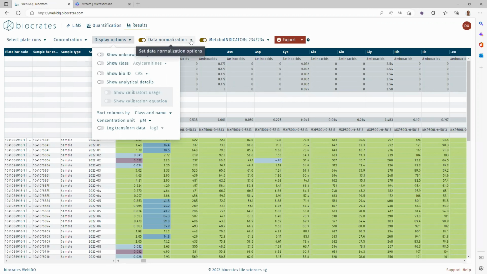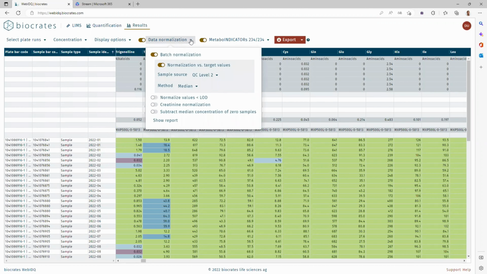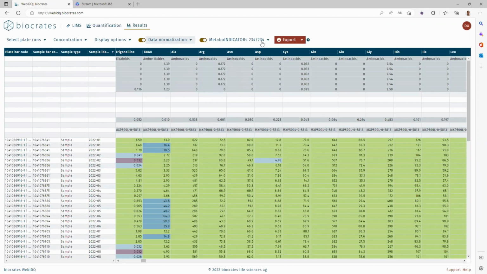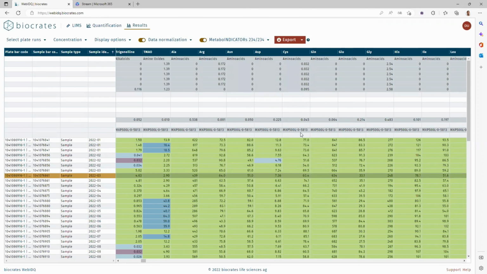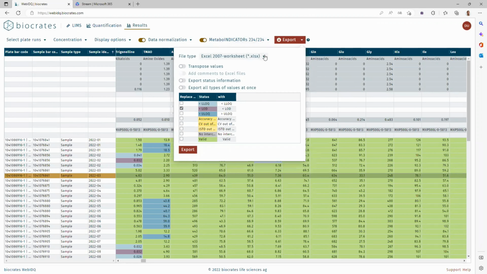For the Quant 500 kit, it is required to perform data normalization versus target values. And this you can adjust here. And as already introduced, the Metabo indicator will automatically display predefined sums and ratios of metabolite concentrations. When everything is done, click Export and select your file format. So you can select text, Excel, or CSV if you would like to do some further statistics in R, for example, and then click Export. Let's go back